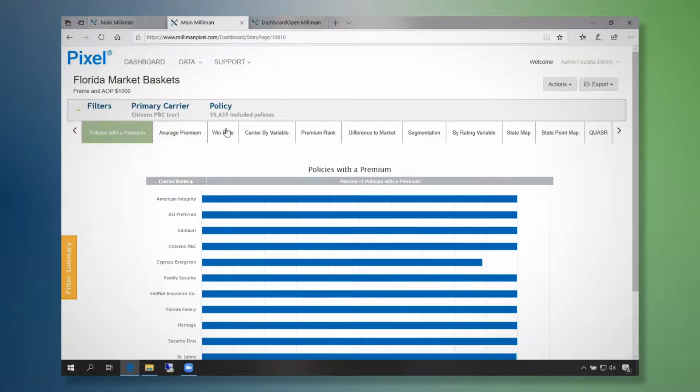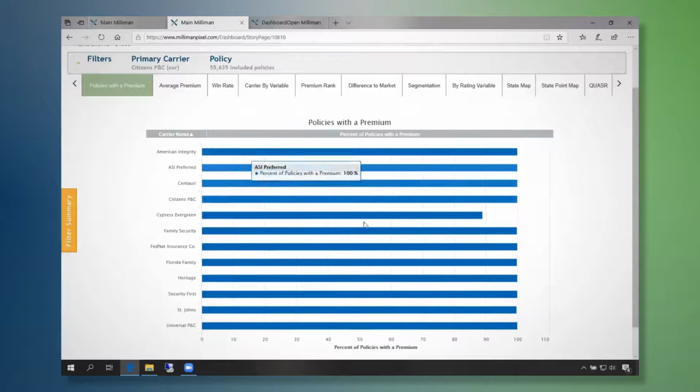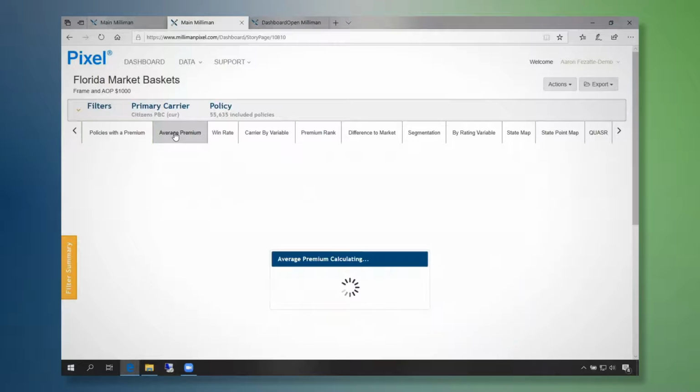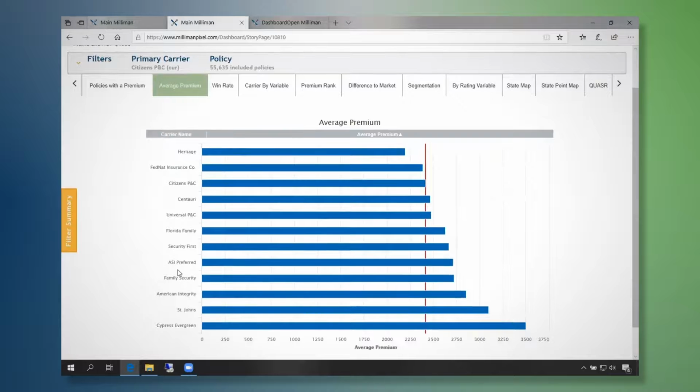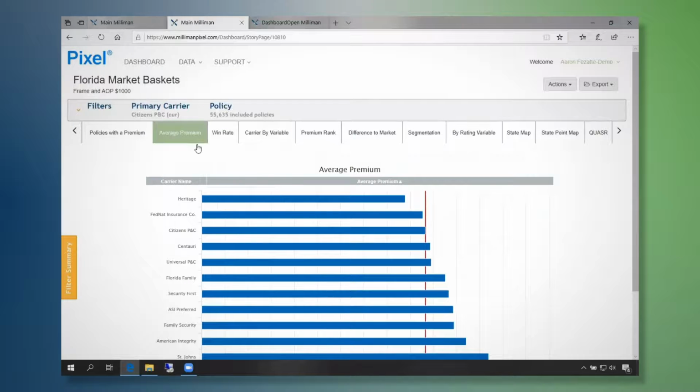Okay, so now that we've filtered that down, again, all of the tabs now only reflect that. So you can see these numbers changed a bit. So Cyprus is down to 89% when before it was at 92%. And your average premium chart, and again, it really applies to every single tab where it'll have the filtered policies. So let's suppose you've got this subset that you want to decide how we can better target these frame and AOP $1,000 deductible